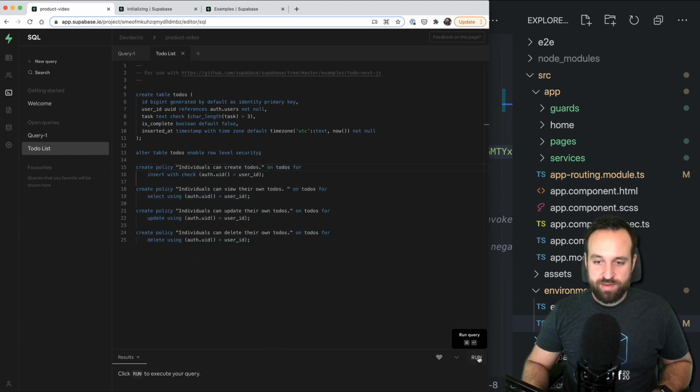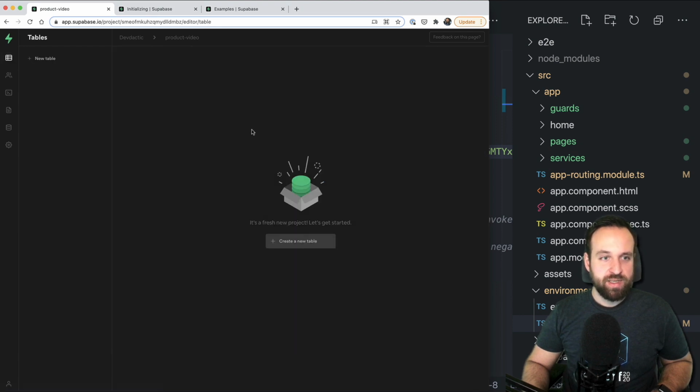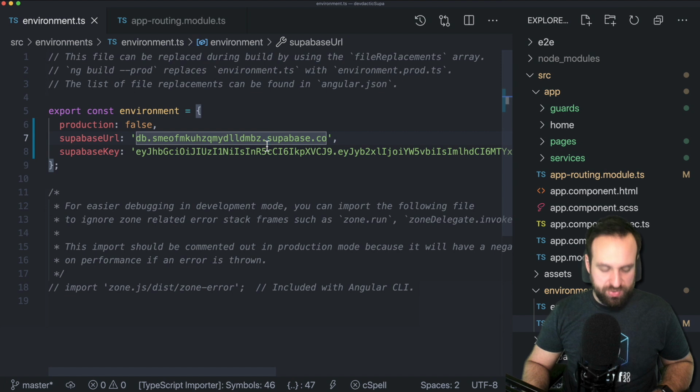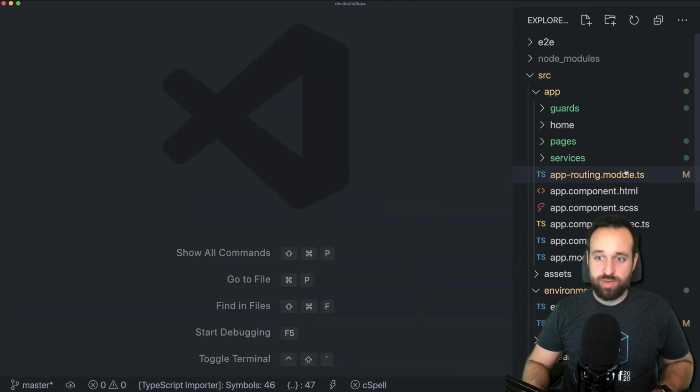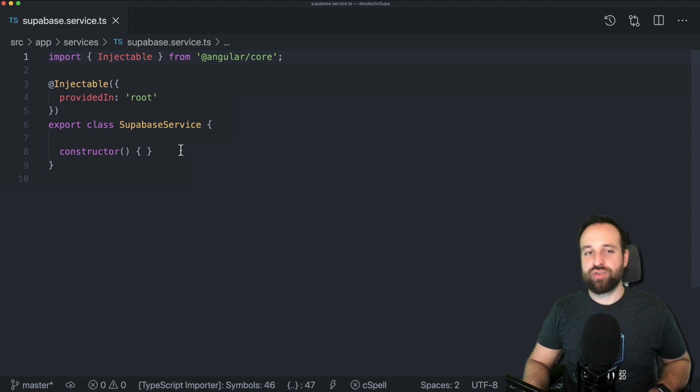So let's hit run right here, and run success, no returns. Okay, fine for me. As long as our to-dos table is created. Okay, we got our table. That was pretty easy. And now I think we can get started with the application to fill that. We are done with the routing, we're done with the environment, and now we need to create our CRUD service